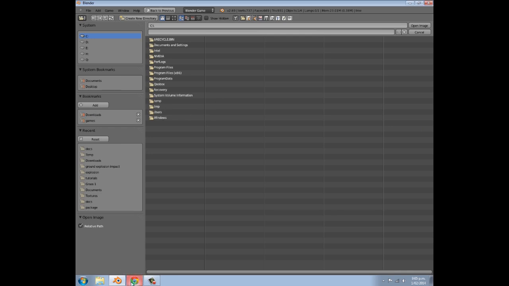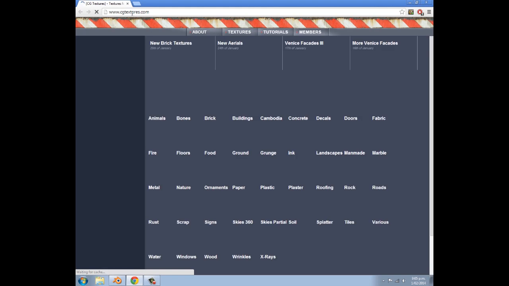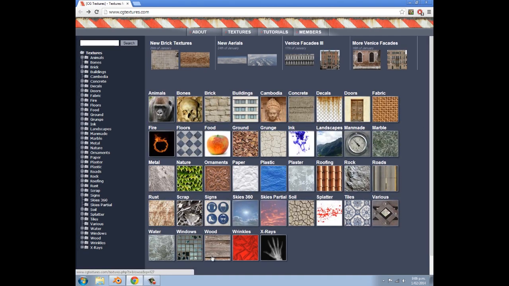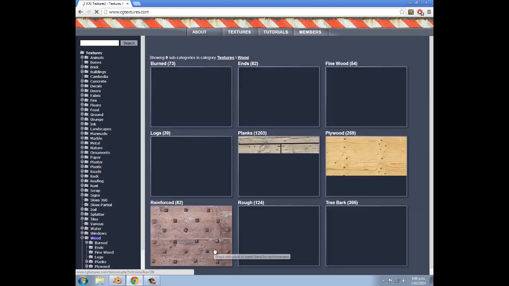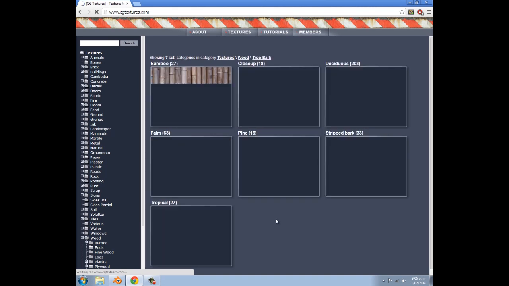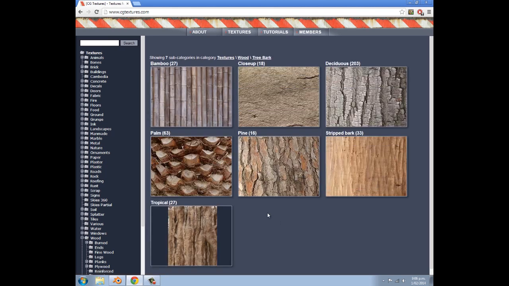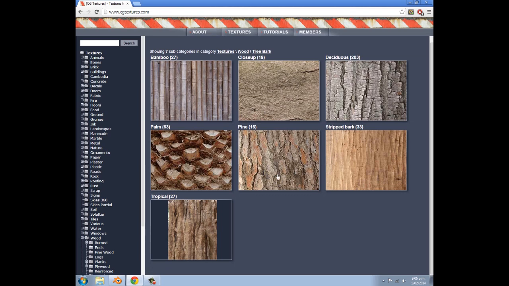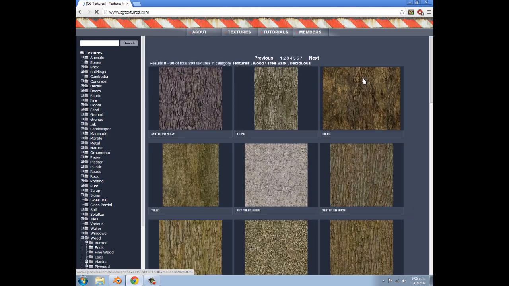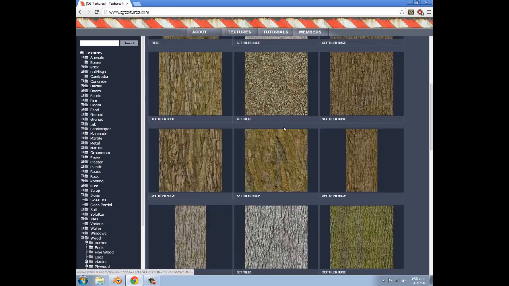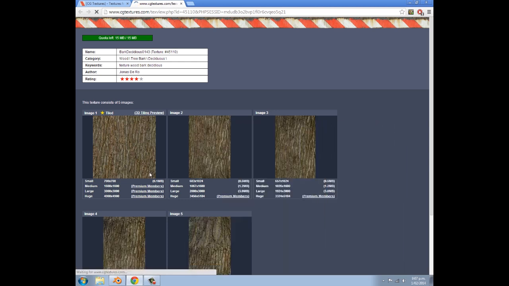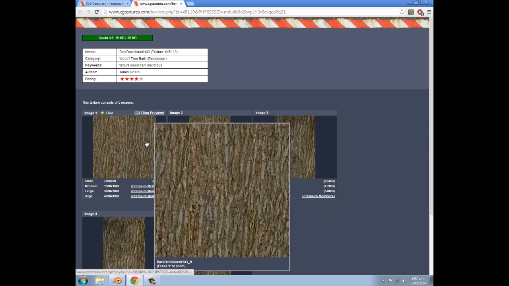texture, or bark. So we're going to go to cgtextures.com, and then we're going to go under wood, and then we're going to select tree bark for our texture, of course, and then there's a whole bunch of textures for you to use. I think deciduous worked fine. And yep, lots and lots of textures to choose from. I think I used this one, so if you're logged in and you like it, you can click on it